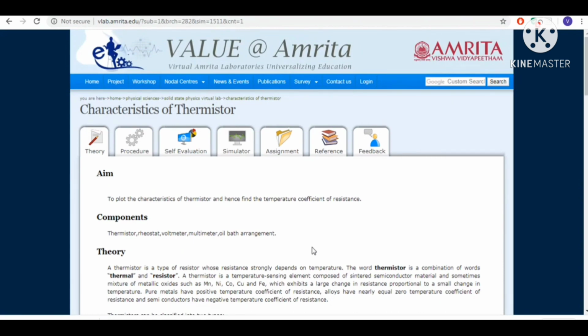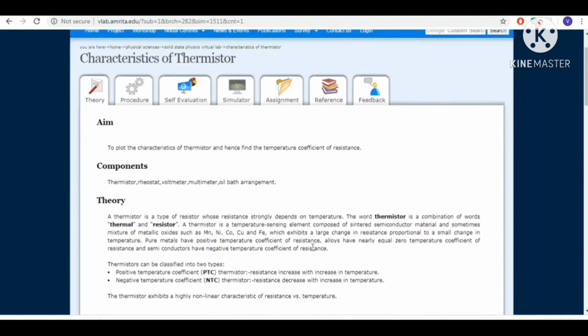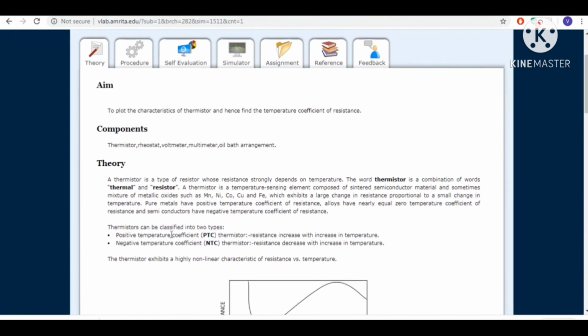The aim of this experiment is to plot the characteristics of thermistor and hence find the temperature coefficient of resistance. The components are thermistor, rheostat, voltmeter, multimeter, oil bath arrangement, etc. Thermistors can be classified into two types. First is positive temperature coefficient and second is negative temperature coefficient, NTC. In a negative temperature coefficient thermistor, resistance decreases with increase in temperature, and in a positive temperature coefficient thermistor, resistance increases with increase in